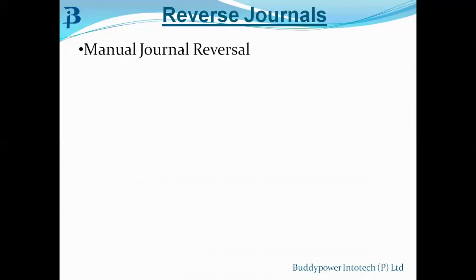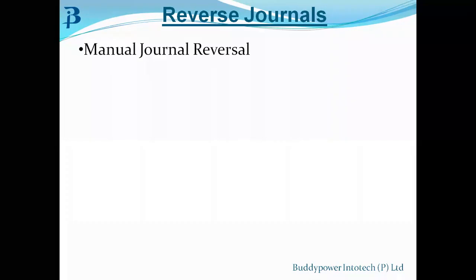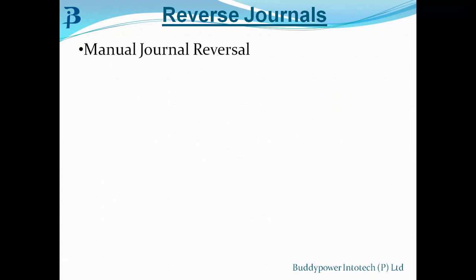So basically, your reversing journal entries are made at the beginning of an accounting period, to reverse or cancel out adjusting journals, the journal entries which were made in the previous accounting year. For example, if the salary expense account is closed on April 30th, a reversing entry on May 1st creates a credit balance in the account, so that automatically gets created. That is the automatic option. But in case you have not selected the auto reversal, you manually do it for the next accounting period.